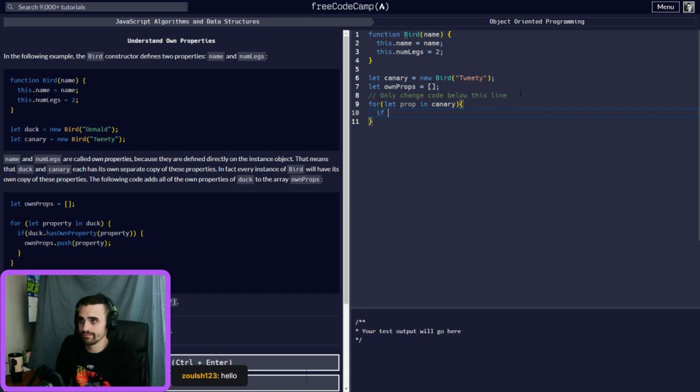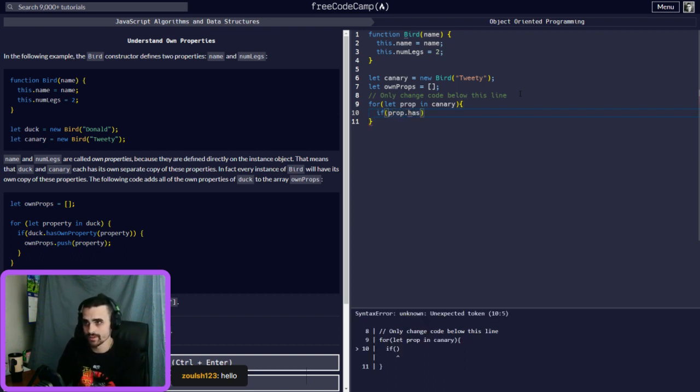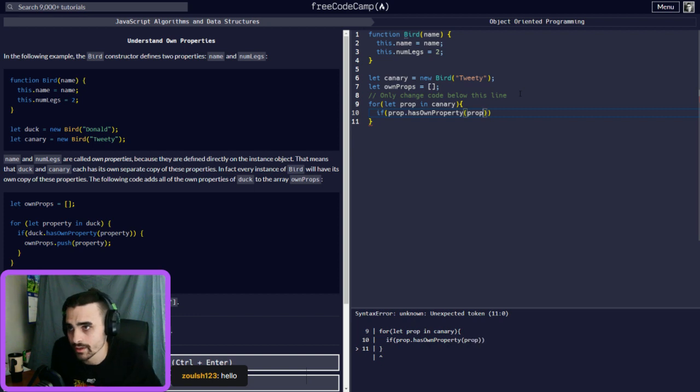So if canary.hasOwnProperty(prop), because this checks if it has the property.